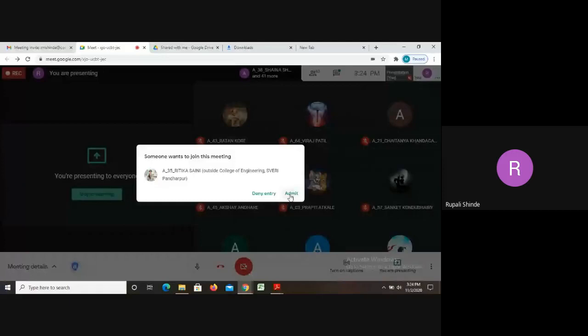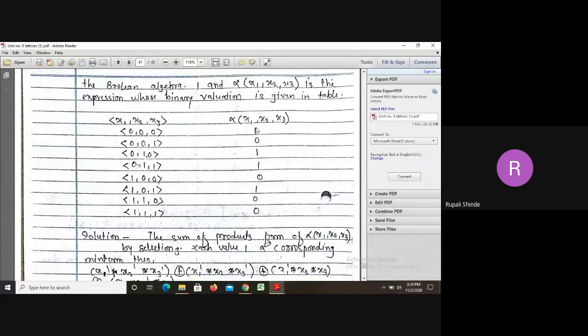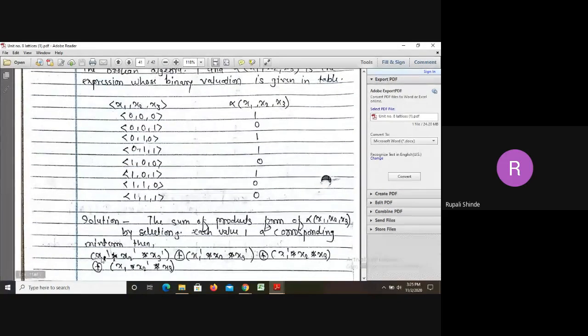So first of all we have to check this last column, where we have written 1. So 1 is written here, 1, 2, 3, 4, four times. Now we have to check the respective values of x1, x2, and x3. For the first one, the values of these three variables are 0, 0, 0. So we have to take the complement of x1, x2, and x3. So the first minterm is x1 complement star x2 complement star x3 complement.